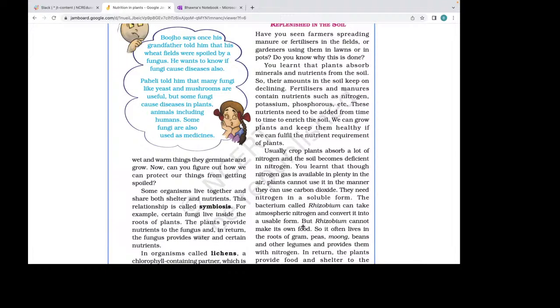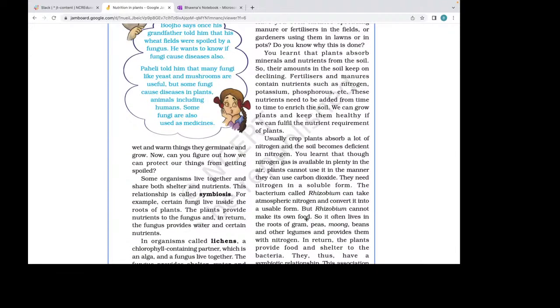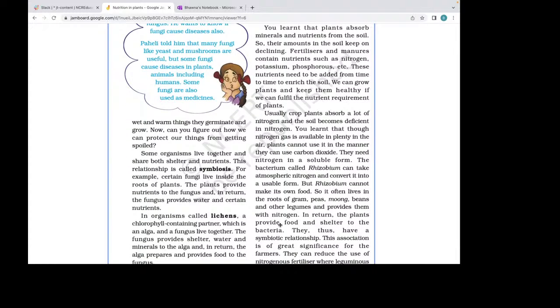But rhizobium cannot make its own food like us. राइजोबियम भी अपना फूड अपने आप नहीं बना पाता है. So it often lives in the roots of gram, peas, moong, beans and other legumes and provides them with nitrogen. So where does it live? Rhizobium कहाँ रहता है? It lives in the roots of these plants, gram, peas, moong, beans and other legumes and